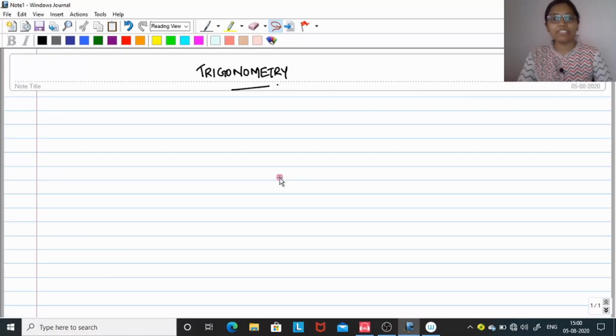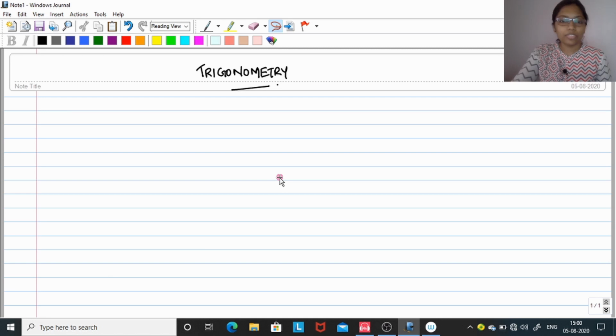So this is the very first class on engineering mathematics. Before we get into the syllabus, let's refresh our plus 1 plus 2 basics. That is mainly from three areas: trigonometry, differential calculus and integral calculus. I hope within 2 to 3 classes we can cover these plus 1 plus 2 basics, then we will get into the syllabus.